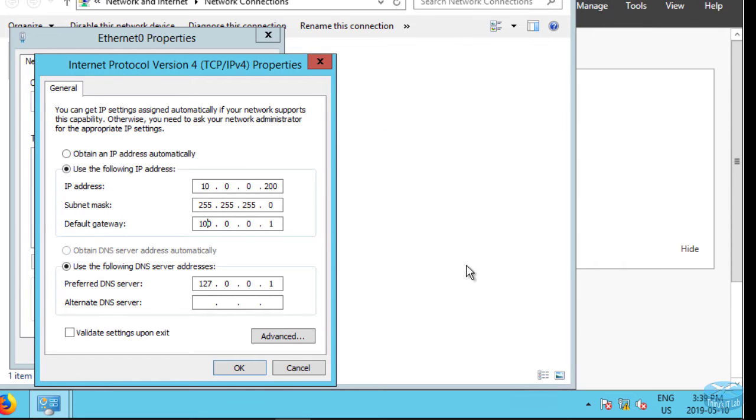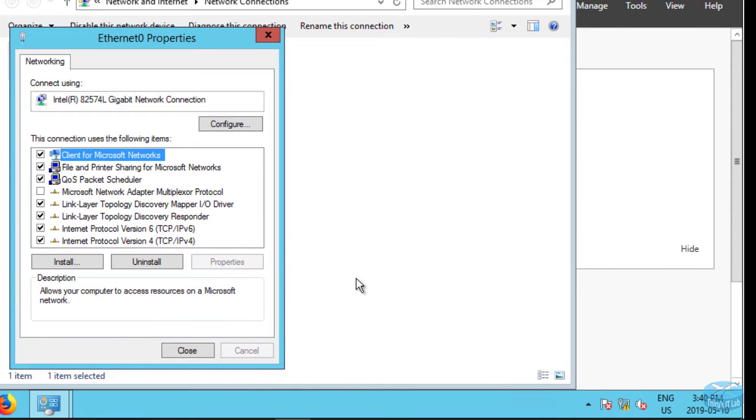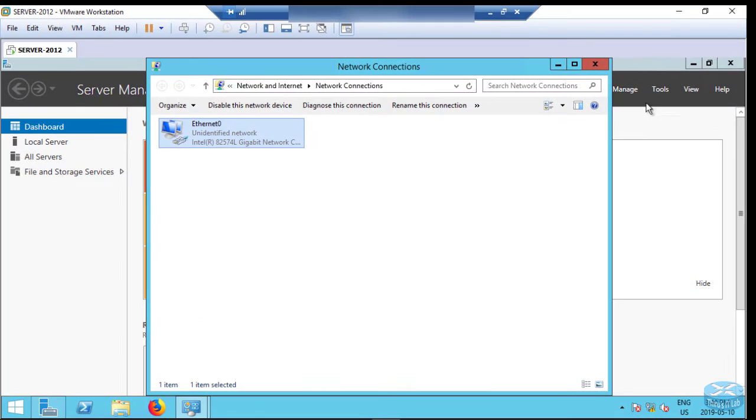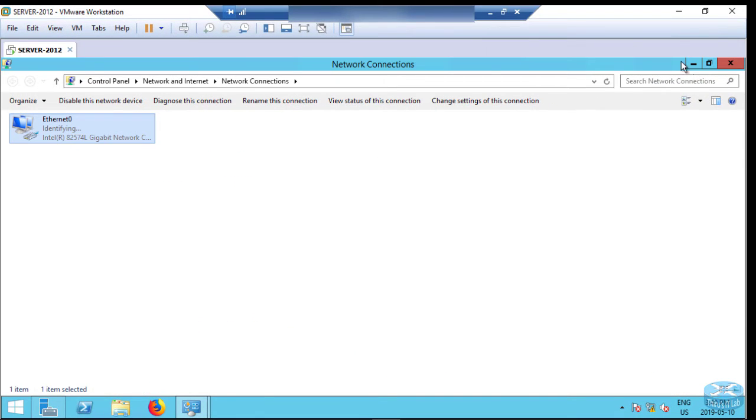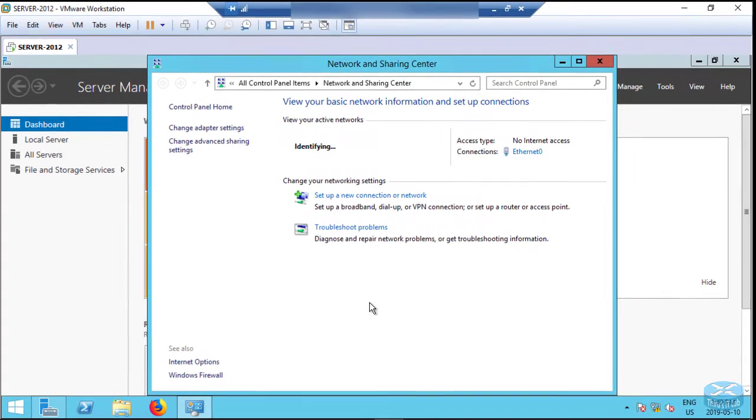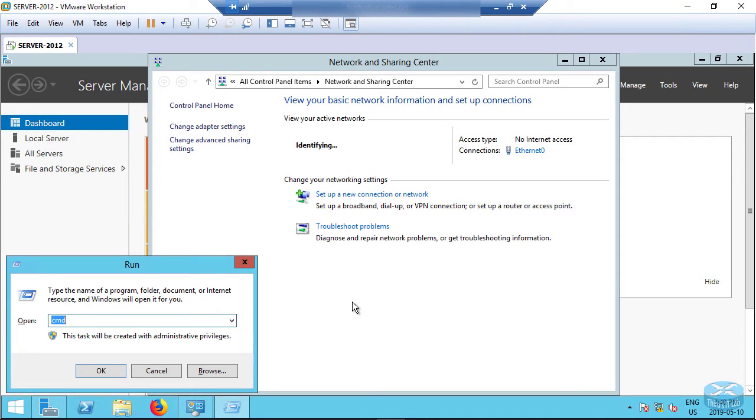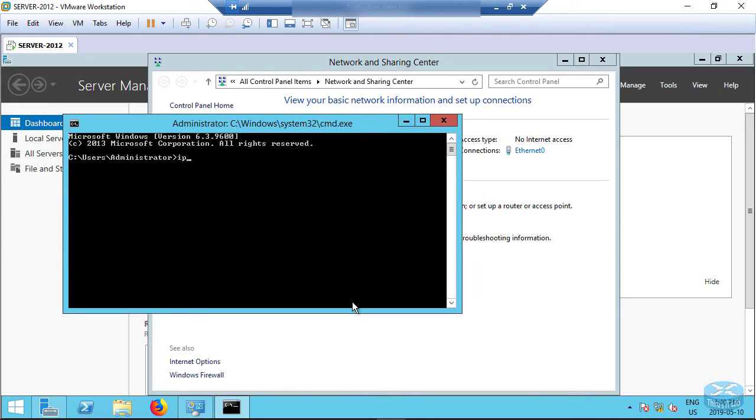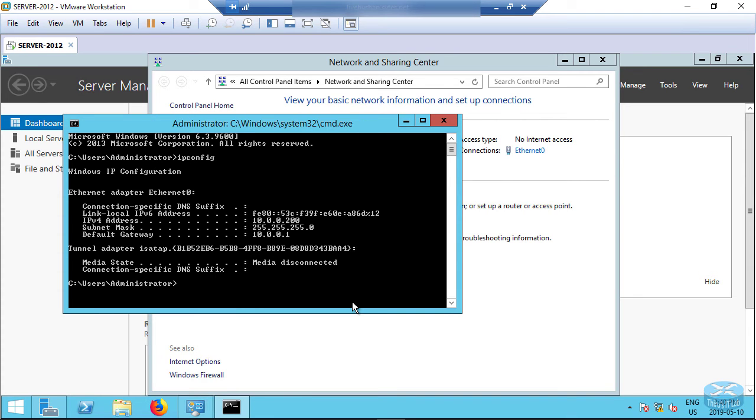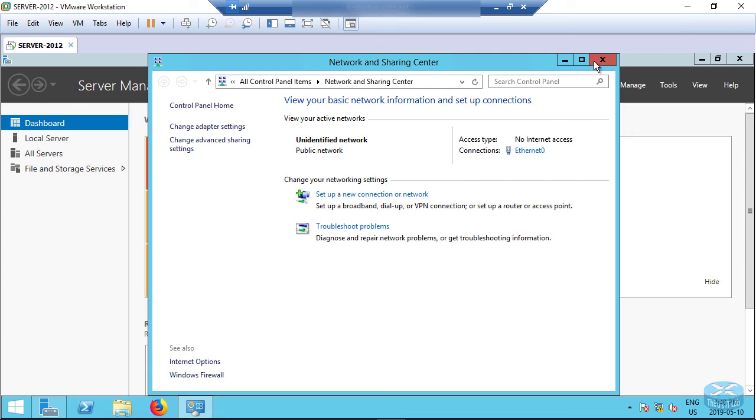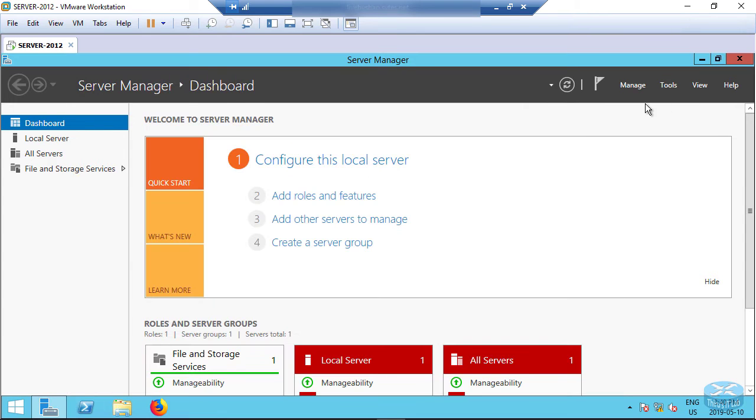Yeah, here too. I meant to be 10.0.0. So it's good now. Close it. Close this and close this one too. And then let me go and see ipconfig. 10 dots, good. So now what we're gonna do is, again, we're gonna click on the add roles and features,